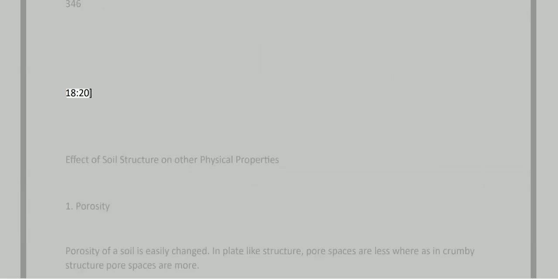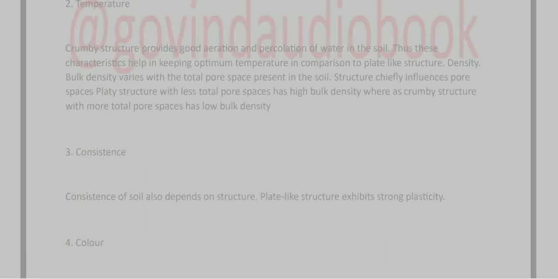Effect of soil structure on other physical properties. 1. Porosity. Porosity of a soil is easily changed. In plate-like structure, pore spaces are less, whereas in crumby structure pore spaces are more. 2. Temperature. Crumby structure provides good aeration and percolation of water in the soil. Thus these characteristics help in keeping optimum temperature in comparison to plate-like structure. Density. Bulk density varies with the total pore space present in the soil. Structure chiefly influences pore spaces. Platy structure with less total pore spaces has high bulk density, whereas crumby structure with more total pore spaces has